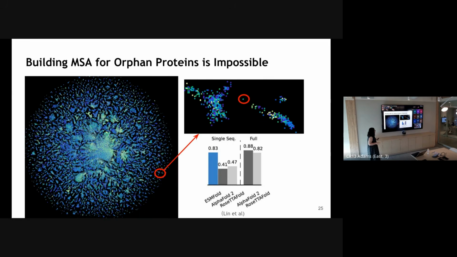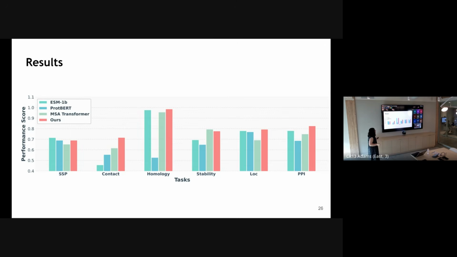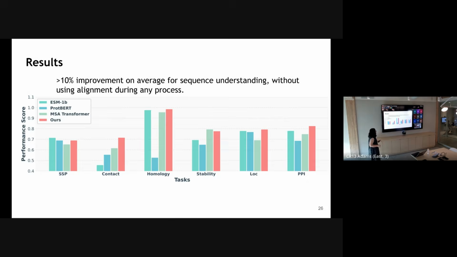And predictions for this kind of orphan protein often drop very significantly for models like AlphaFold. For example, without using MSA, AlphaFold 2 can drop by more than half in performance. So how can we mitigate this? Using dense retrieval, we can actually use a version of soft retrieval to find some faraway neighbors for those kinds of orphan proteins. Although they don't have direct neighbors, we can still use some related families' information,